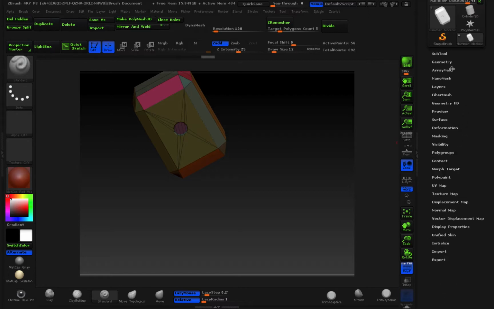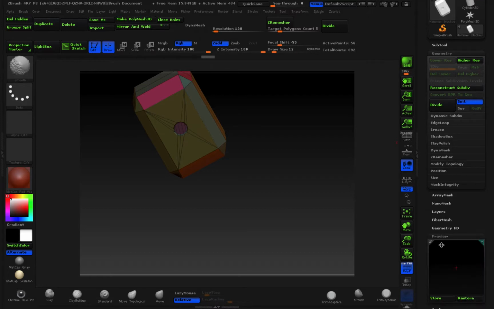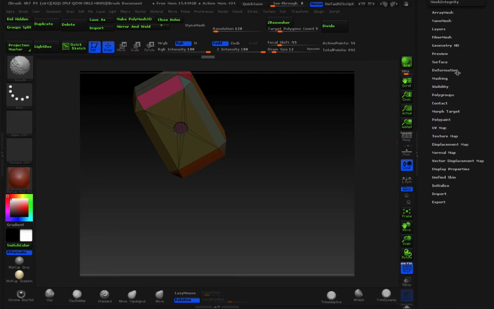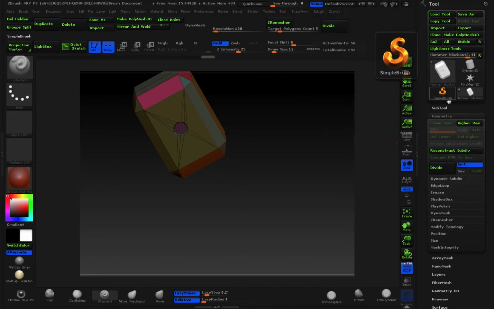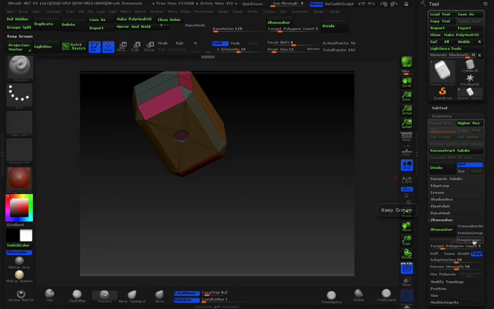Also, to open multiple tabs, you press Shift before you click another tab, so that it keeps the old tab open. That's if you know you're going to work in multiple tabs. But sometimes I like only one tab open because I'm working in it. So after we open geometry, we go down to ZRemesher, turn on keep groups over here,